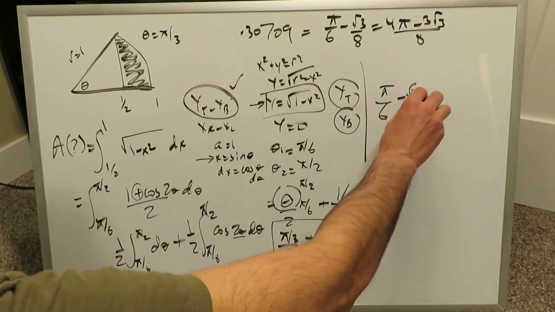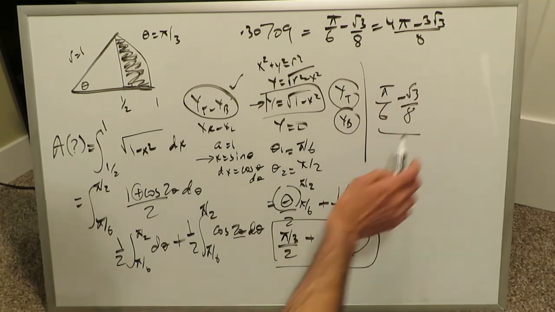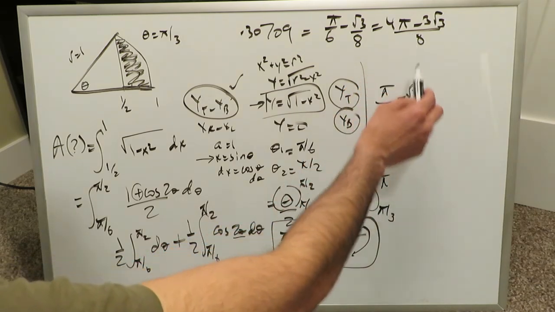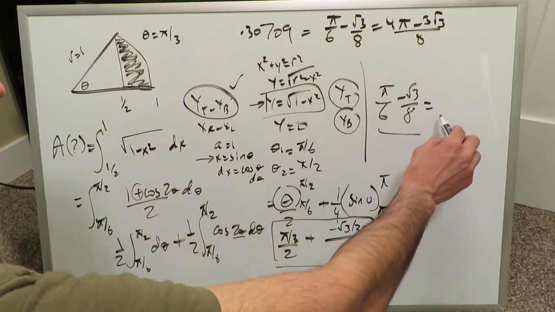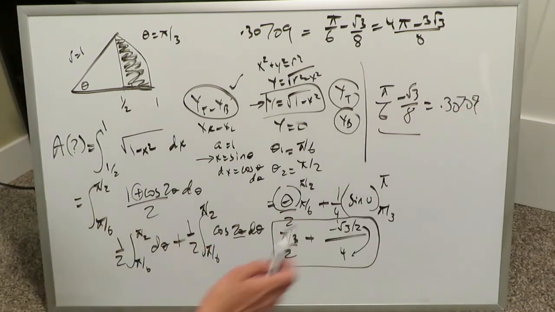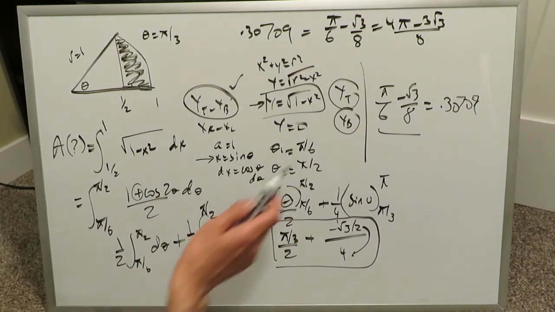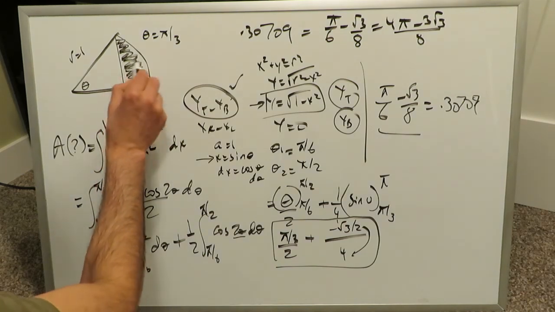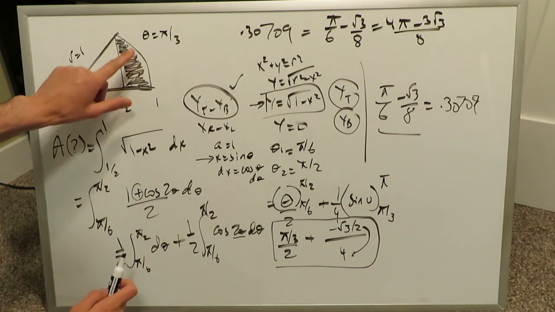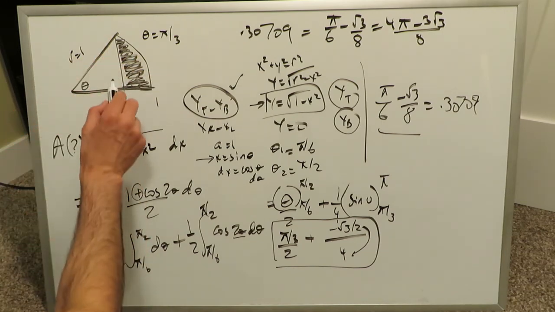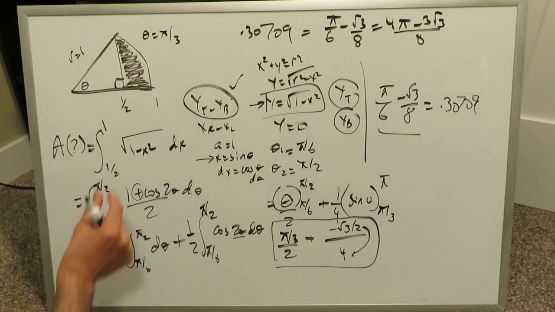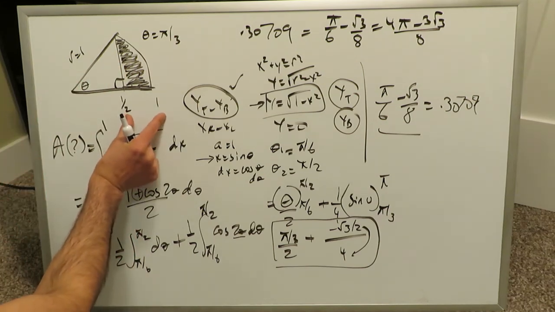You get minus root 3 over 8. And you can see that pi over 6 minus root 3 over 8 simplifies to the same thing, and in terms of the denominator you get the same answer, 0.30709. The integral calculus derived procedure gives the area for this portion right here, the area in that small region between the sector's outer periphery, the arc length, and the triangle which falls in between. So that's the area right here, and we did it by using the short procedure by doing direct area evaluation